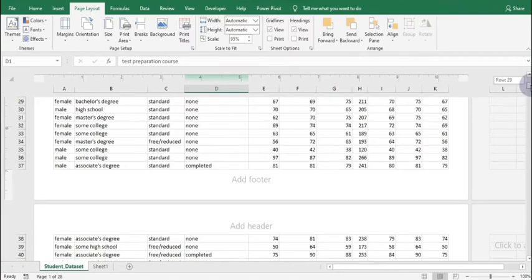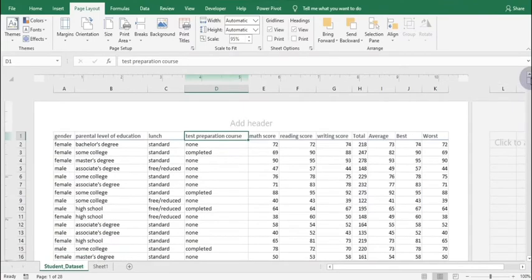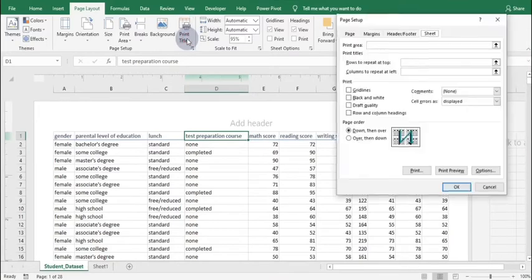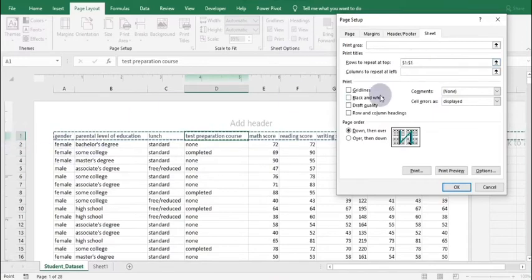So for that, what I can do is, freeze panes won't definitely work over here. So I can simply go to print titles. Print area just works like selection during printing. The area that you select only gets printed, but definitely I don't need that. Rows to repeat at the top. So for this, I will simply click onto this, then I will select this row, and then click on